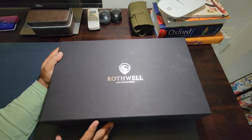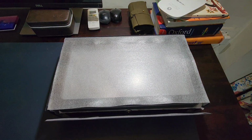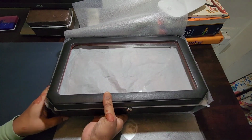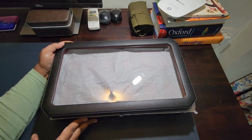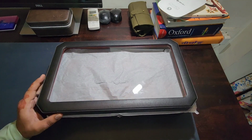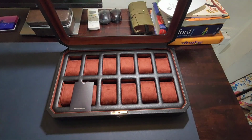So if you just do a quick unboxing of this box, it opens up like a Swiss watch box like this, and here comes the box. So let me remove this. So here we are. So see, it has a nice lining of leather all around, rectangular shape. It's a 12 watch case,